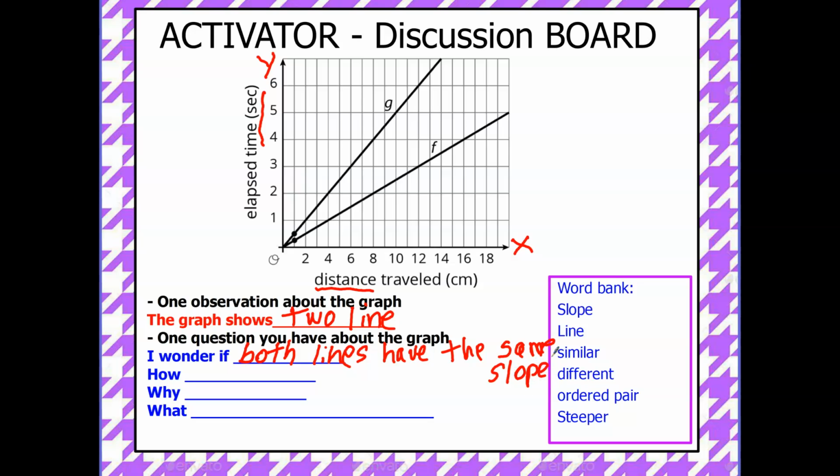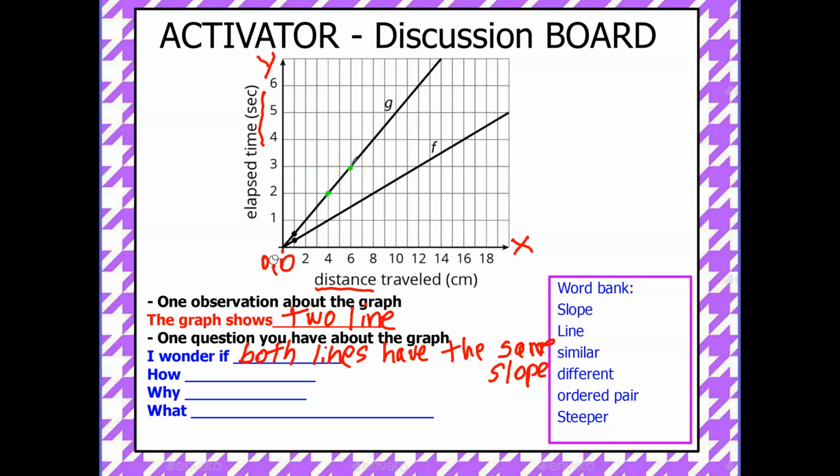I also wonder why one line is steeper than the other when they both started at the origin, (0, 0). So let's figure that out. So let's look at line G. On this line, I can pick 2 points